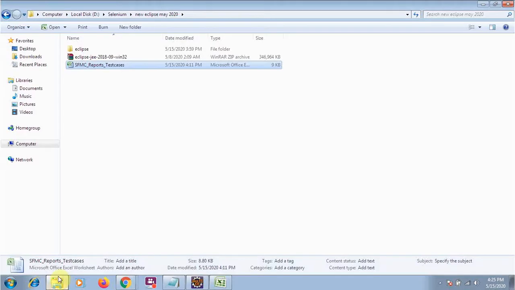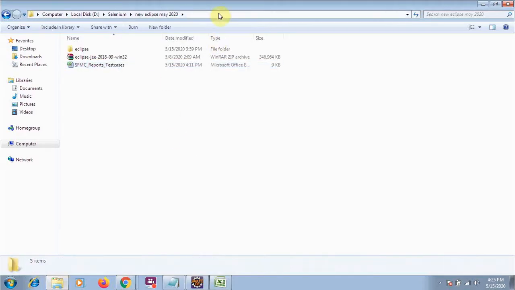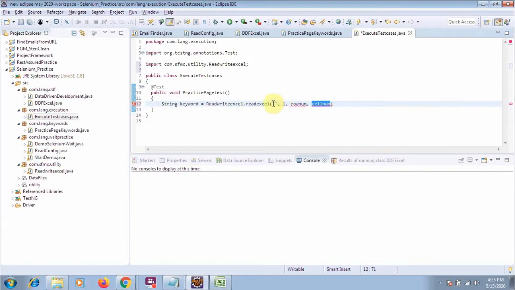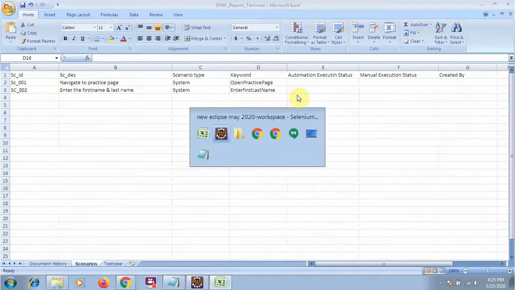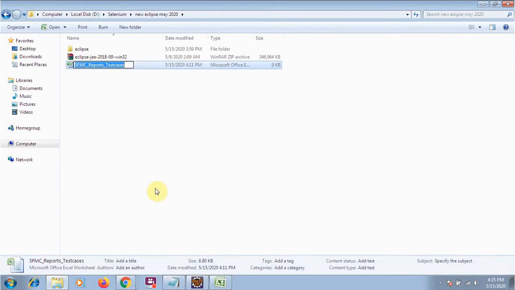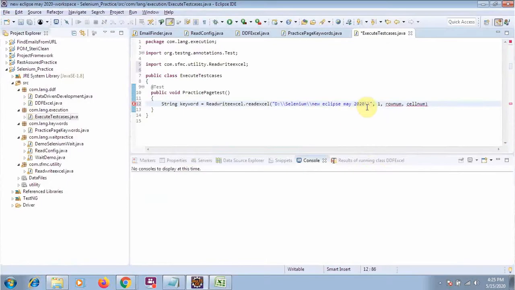So let me give all these things, the proper path. First of all I will give the path, this one, and the name of the file, let me rename this one. So my file name will be this one, dot xlsx. Always remember that you are giving the complete path.